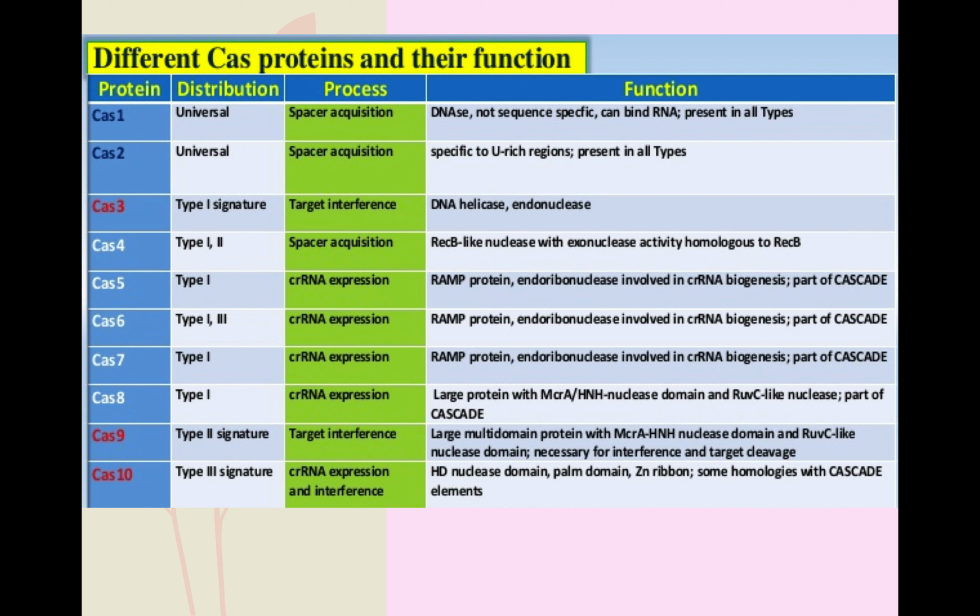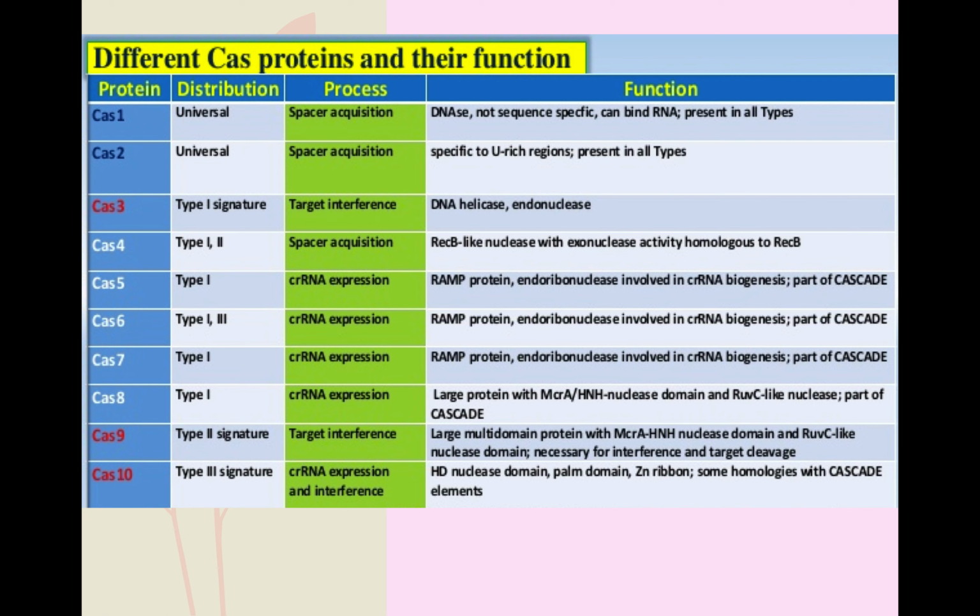Alright, so in terms of Cas proteins, when I created this slide last year, there were 10 known Cas proteins, but of course there are more than 11 now. They have their own different functions, but the one that is used the most is Cas9. So we have Cas1 up until Cas10, and there are different distributions between them, and the process requires either the CRISPR RNA or the tracer RNA or guide RNA and whatnot. They also function differently, as you can see over here.